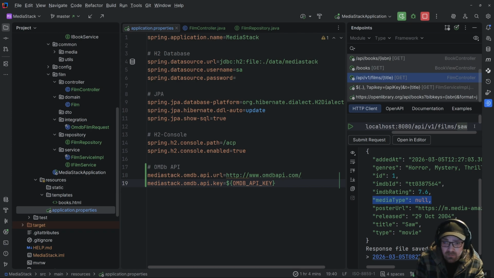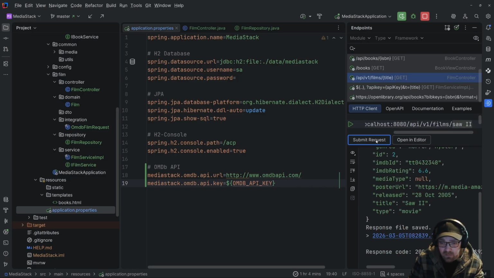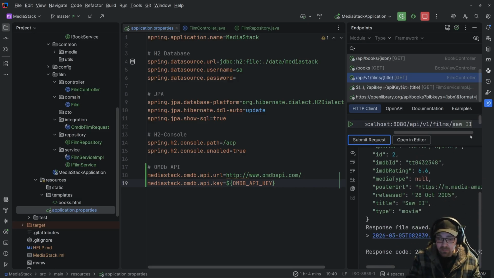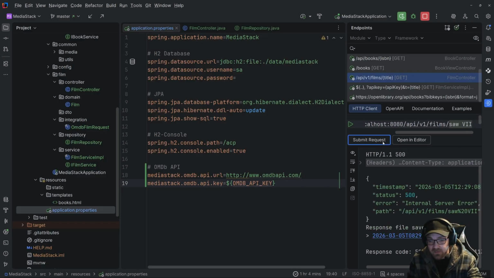How do we handle these for? Because I know I can't just say Saw 2. Oh, I can. Look at that. And we go on to the Saw. There's Saw 2. 2 added. We'll add 3. 4. 5. 6. 7 doesn't exist. Okay. So we've added the 6 Saws to our case,